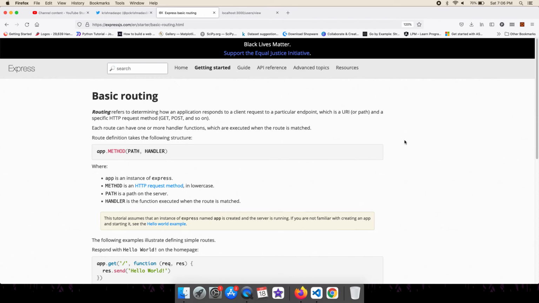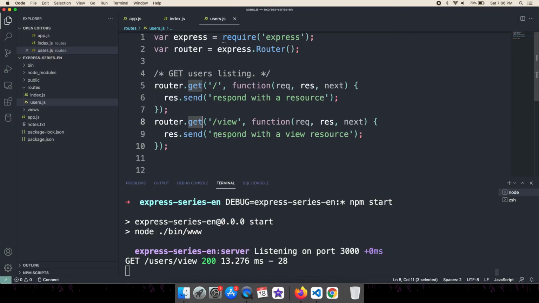In any web programming framework, routing generally means just connecting URLs to some part or some functions in our code, and when we get that request, we can write our own custom logic, either to send some response or fetch some data from the database. All these things happen here. The first thing we need to do is connect that URL to a function in our application. So that is about basic routing in Express.js.